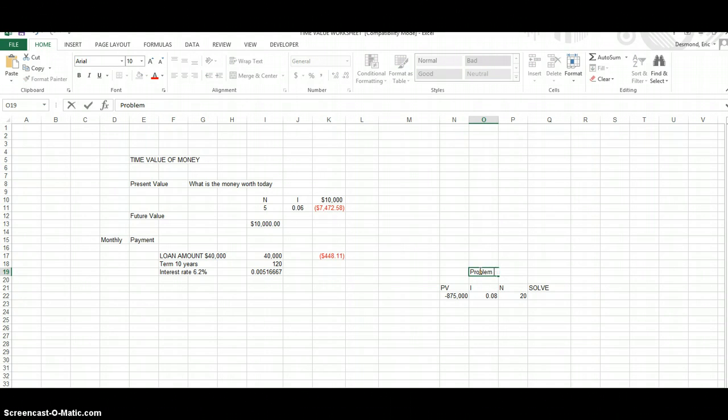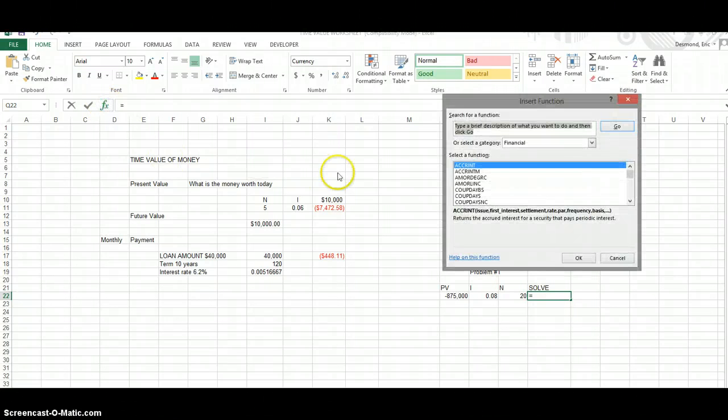Now next, we want to look at problem number 1. It says they have a portfolio of $875,000, and in 15 years they want to know what the value is. So obviously this is going to be a future value problem because we're trying to find out a future number. So if we go to FV,